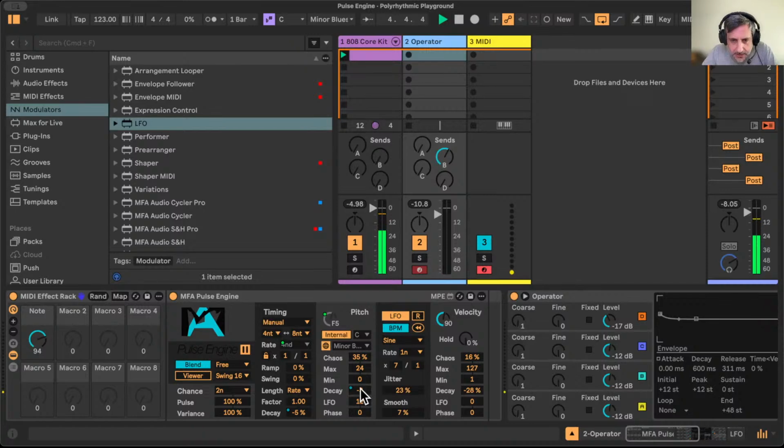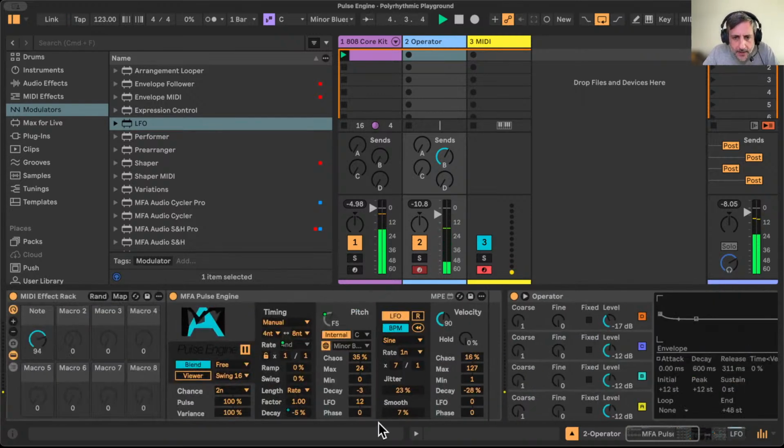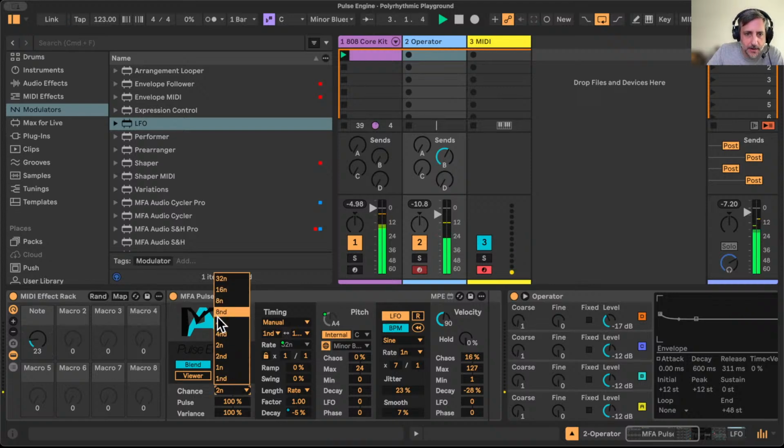And I also need to change some of these decay settings, which I think I'll unmap and turn the LFO off, right? Okay, and I think maybe I need to reset these minimum and maximums so that I can explore the full range. Turn the chaos and decay off. Yeah, so unfortunately there's not a way to really set the minimum there. And this is where it might be useful to have a